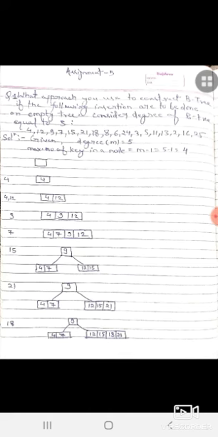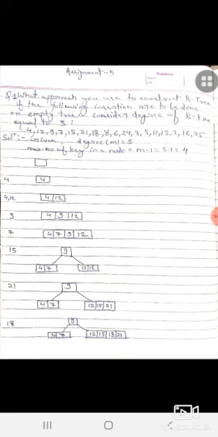So we know that if the degree is 5, then the maximum number of keys in a node is m minus 1, that is 5 minus 1 is equal to 4. So insert 4, then 4 comma 2, according to the binary search tree property, that on the left side it should be a lower value, on the right side it should be a greater value than the root value.